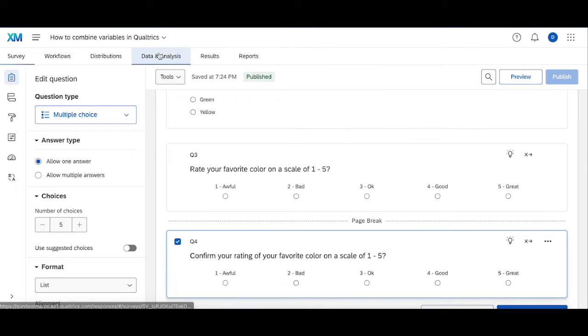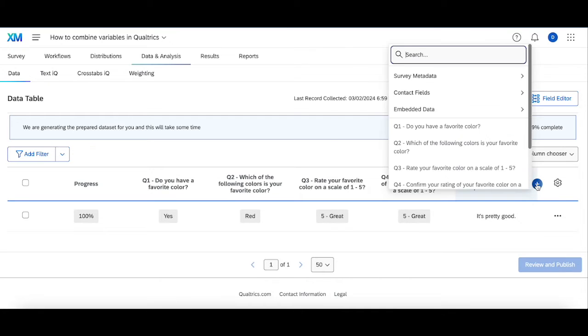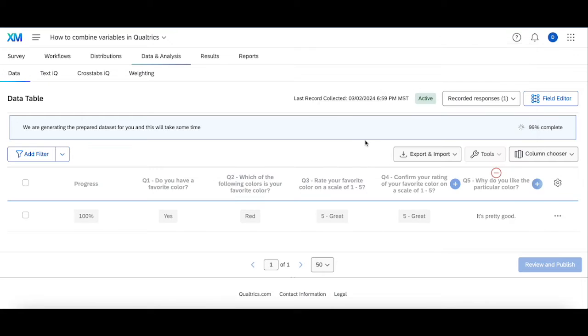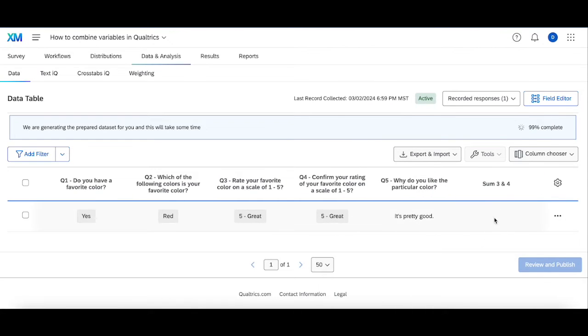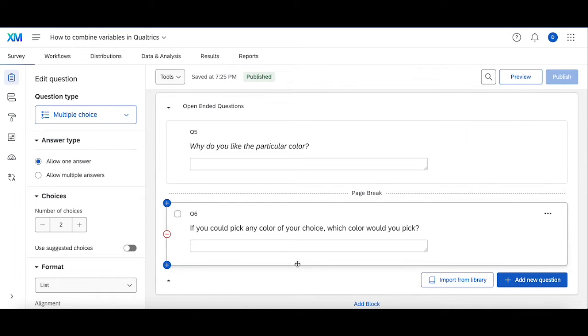Now for this particular response, for the one in here, I chose 5 for 3 and 5 for 4. So once this finishes loading, I should see one more variable added here in another column. I'm gonna add it right now, sum 3 and 4. And once this finishes loading, it should load with the value of 10. And then as we're waiting for that to load, we'll jump into the third way you can combine variables